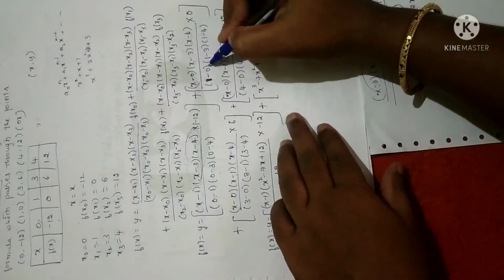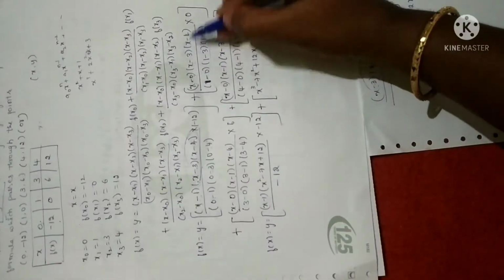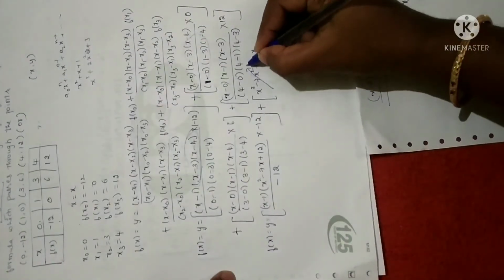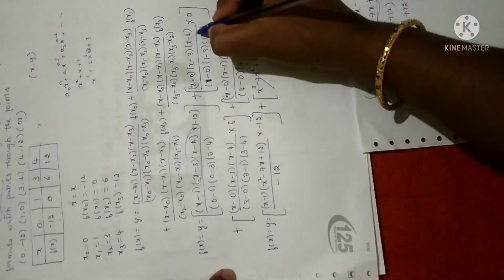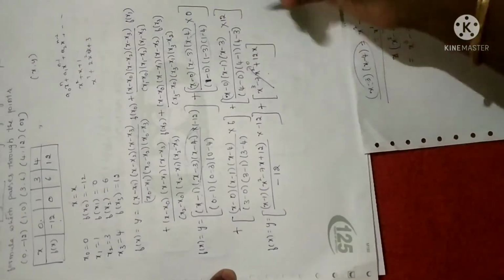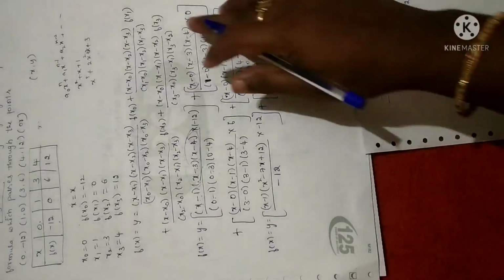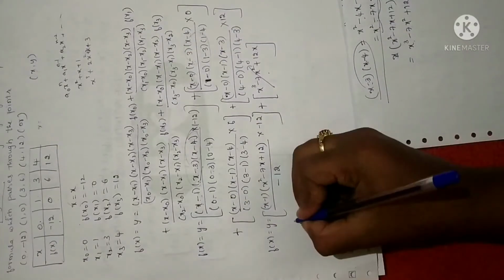And one more thing, my foolishness. See here, the entire term into 0 will be 0, right? No need to simplify this term. See here, 0 I have. So when you multiply, you will not get the second term itself, because into 0 is there. We need to simplify the third term.